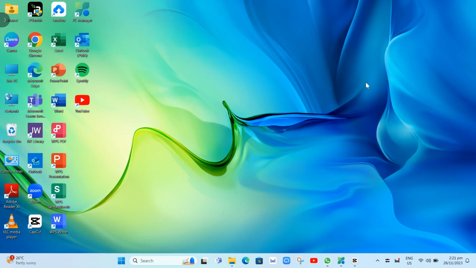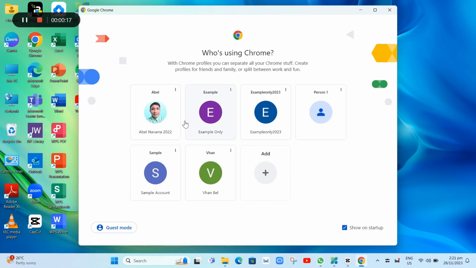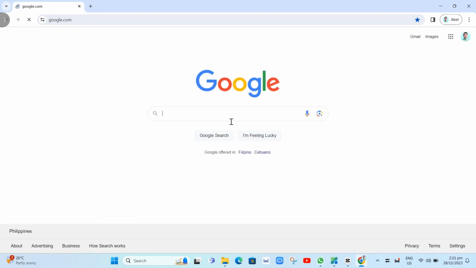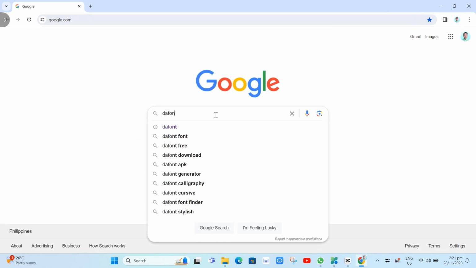In this video, we're going to show you how you can change font on Roblox. So first up here, just need to go to our Google Chrome. So open up your Google Chrome and go to the search box, and we're gonna search for the font and